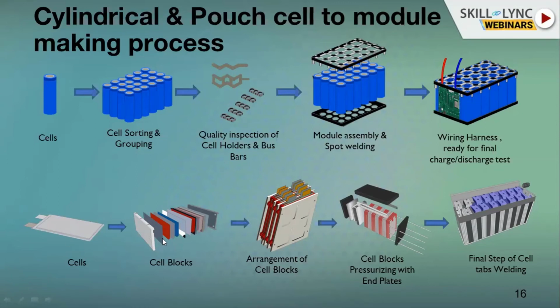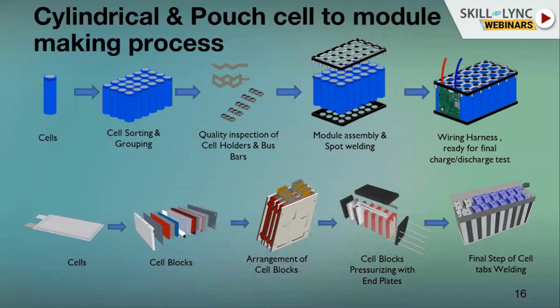This is called the pouch cell. And if you see, the pouch cell module has a lot of parts. It has an end plate, it has a compression pad, it has a cell holder, it has a thermal interface material, etc. And the reason is that the pouch cell, usually when you subject it to charging and discharging, expands. So to avoid the cell expanding, you put a metal or a very solid, even if it's ABS, a very solid ABS end plate, and you use tie rods to completely pass through, and you tie it so that the cells are arrested, and even if they try to expand, they are not expanding.